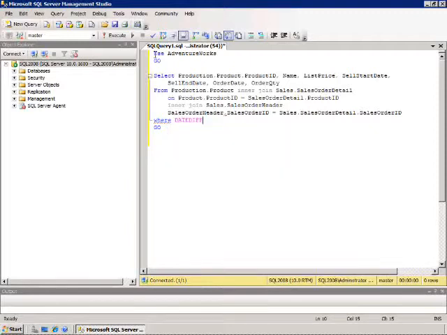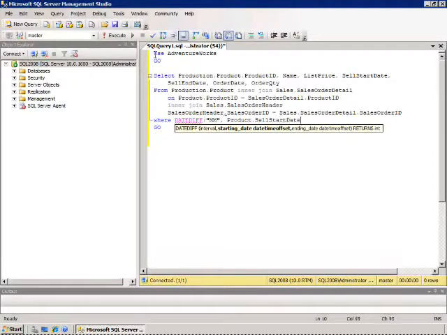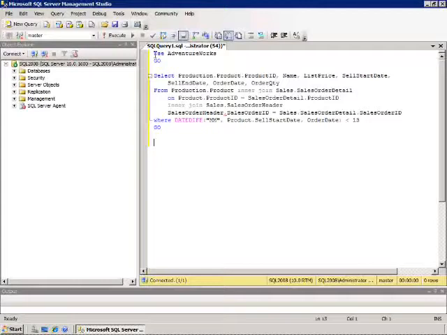DATEDIFF in months of the product dot sell start date and the order date is less than 13. So within a year of the time of this going on sale, the product was actually ordered. And my next one is going to just be a select of Sales